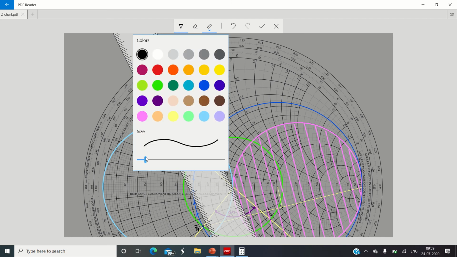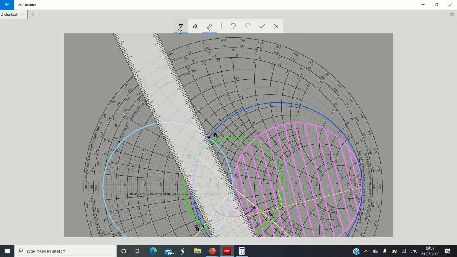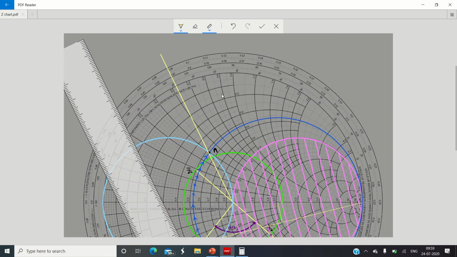Again I will choose the light yellow color for drawing the straight line. So I'm joining the center of the Smith chart with point A in this way. I have drawn a line, okay, and extend it to the outer periphery